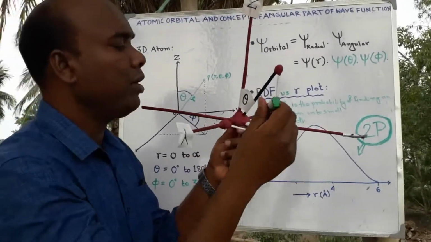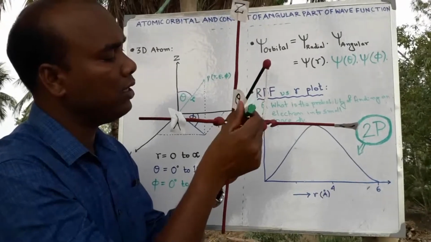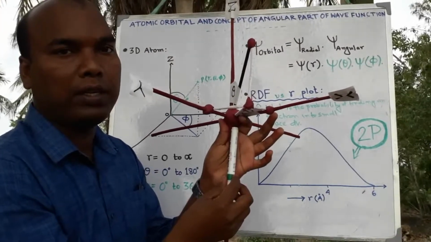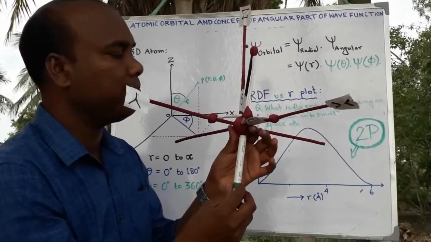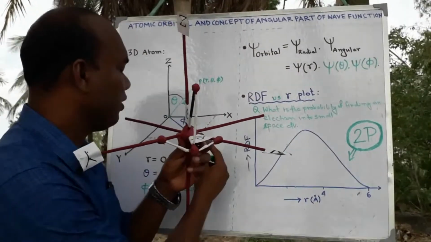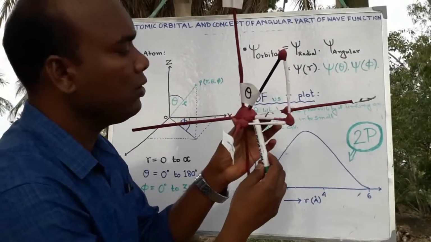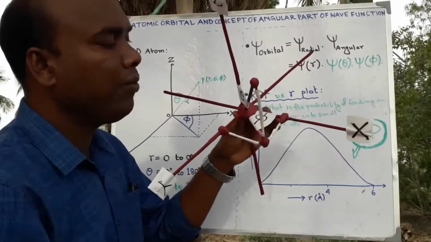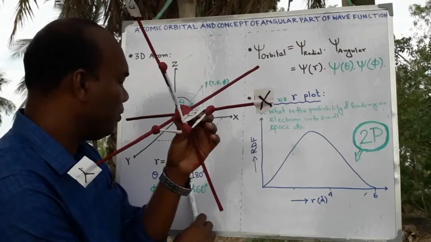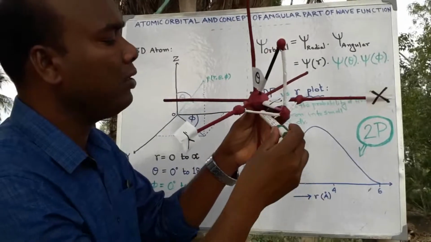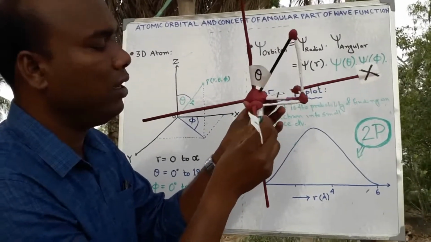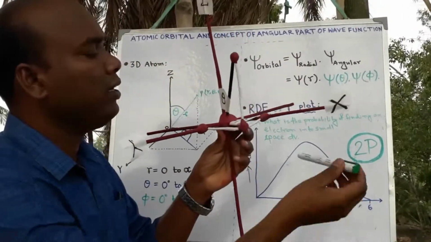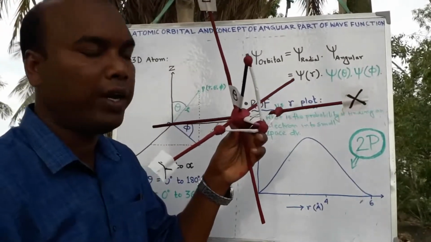That is, theta may be this, this, this, this and this. You see, this is the maximum limit of theta, that is 180 degree. And phi is the angle between this diagonal and the x-axis. This is your phi. And the limit of phi is in between 0 degree to 360 degree. That is, phi may be this, this, this, this. You see, at this point phi is 90 degree. This, this, this, and finally this. So this is your phi.